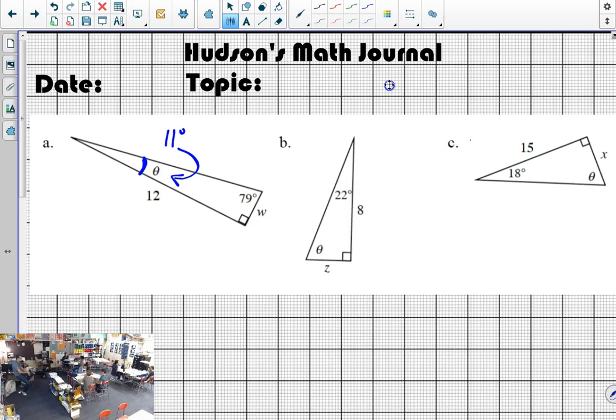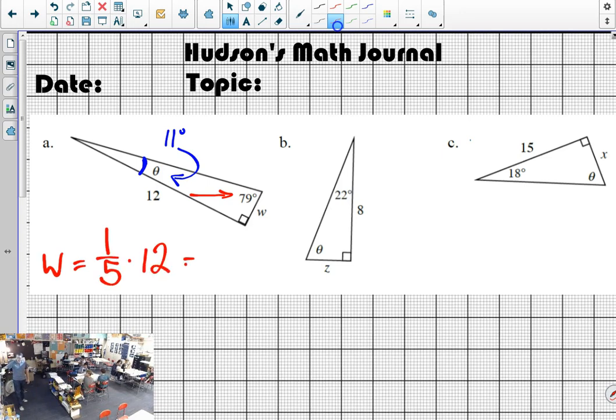Even? The run's going to be longer. The run has to be longer because it is opposite the larger angle. So, to find my rise, or my W, depending on how you look at it here, what do I know my rise will be compared to my run? Not 5 times. 1/5 times. Right? Because my run is 5 times my rise, but if I say my rise is what of my run, my rise would be 1/5 of my run. So to find my W, we could just calculate using that slope ratio.